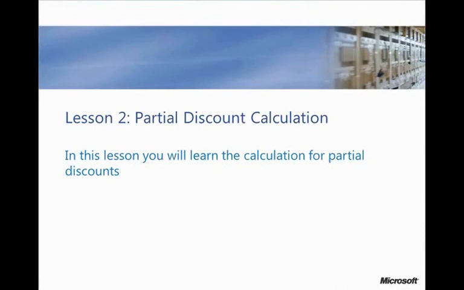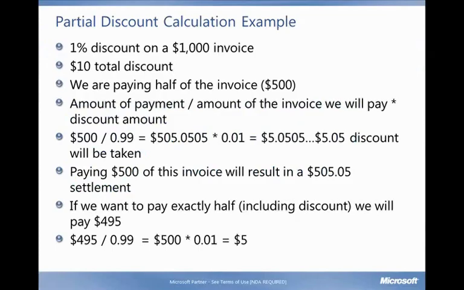Lesson 2 is Partial Discount Calculation. In Lesson 2, we'll learn how discounts are calculated when doing partial settlements. Consider this example. We offer a 1% discount. We have an invoice for $1,000. When this invoice is fully settled, there will be $10 total discount, assuming that it is settled within the cash discount period. If we want to pay half of the invoice, so we're going to pay $500, we'll take the